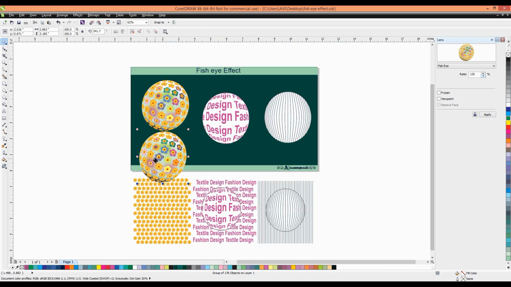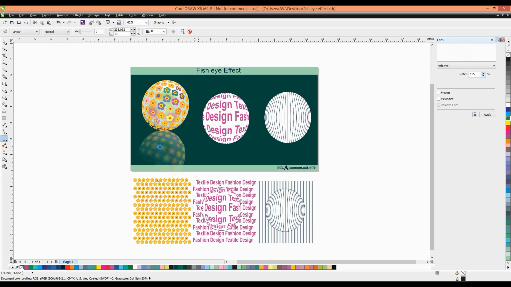Now we can go to the blend tool. There is an option called transparency, and we make a transparency effect on this second circle. Through the transparency tool, we create a shadow effect.